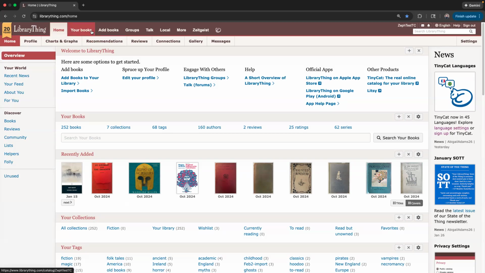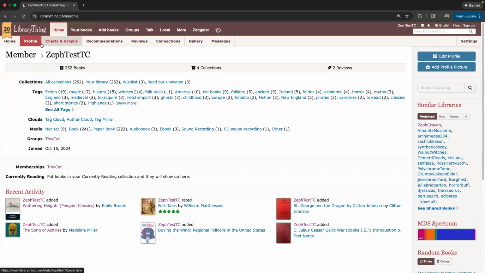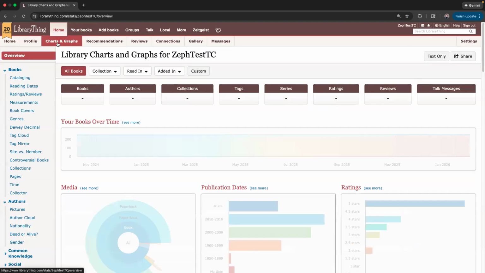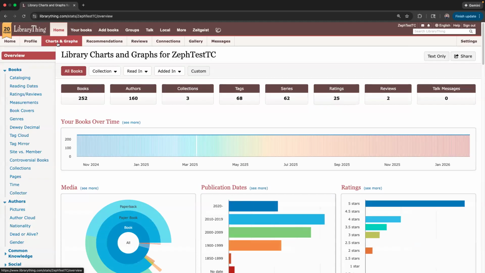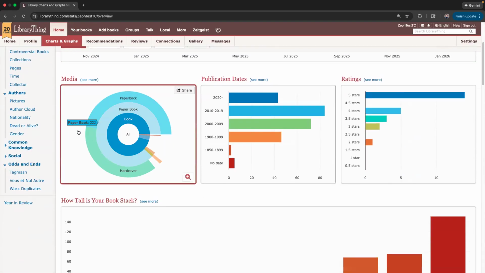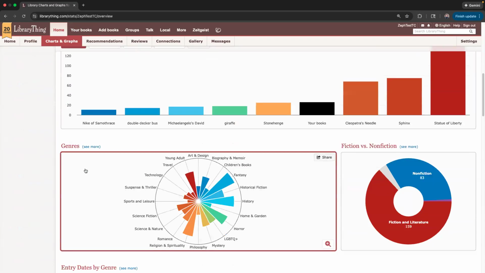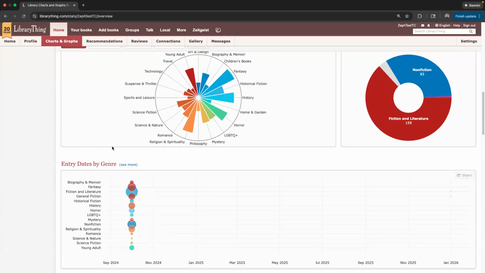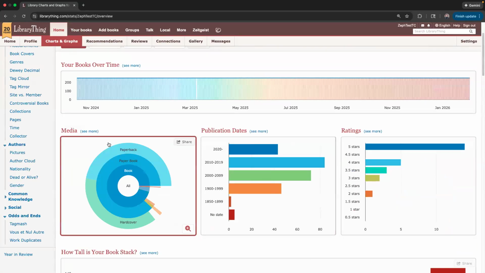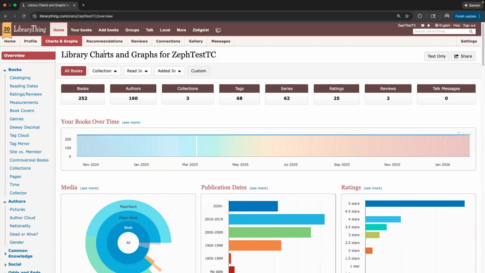I want to point out some other resources you might use before we dive right into cataloging, okay? So right here on the home page, I can see some useful information about my profile. This charts and graphs tab, once you've cataloged your library, which we're going to talk about how to do today, will have a bunch of really useful visuals and numbers and other statistics about your collections that can be really useful both for your patrons and also for your funding or any sort of reports you might need